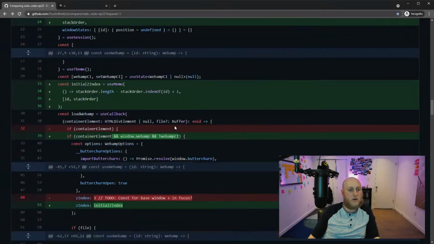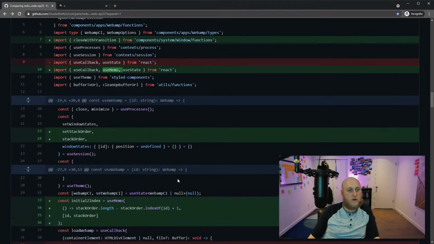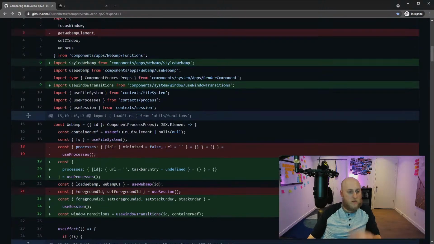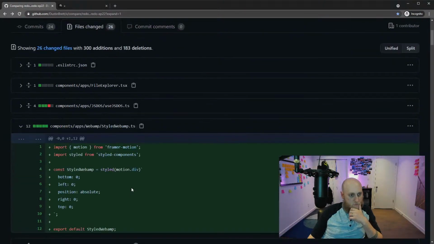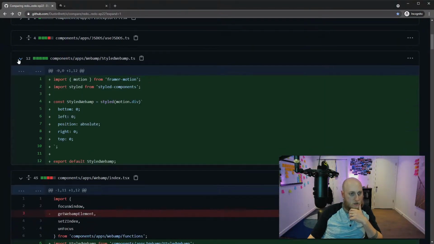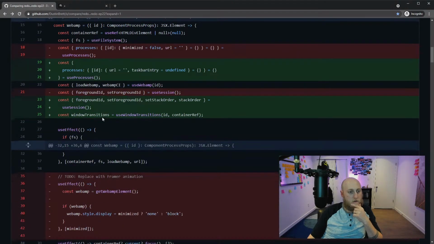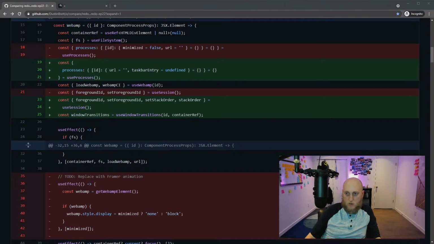And now let's take a peek at the code and see what we got here. So I think that'll be an issue later on, but let's just get to it when we get to it. Here, I've almost done everything. We just did that. That was the styled Webamp component. So here we go. Here's getting into that part. I'm just going to reopen the Winamp. Winamp's a few files. Every one of these things is a few files at this point. So we need to adjust the stack order.